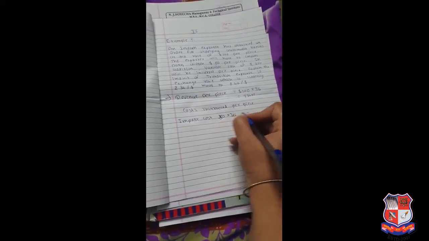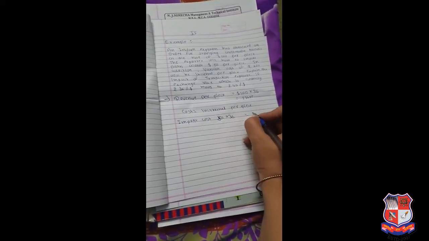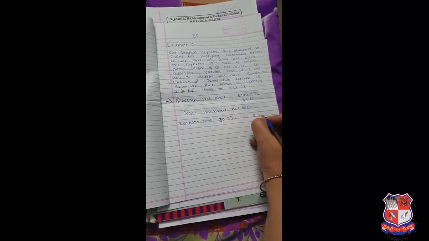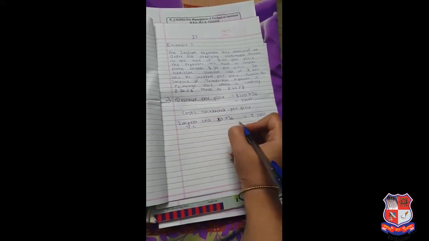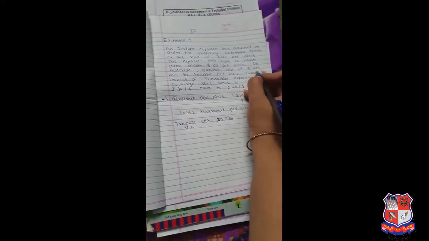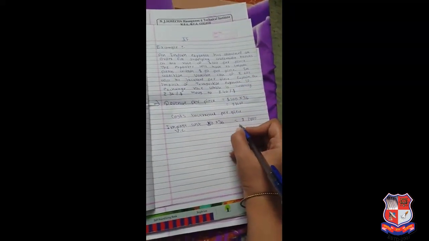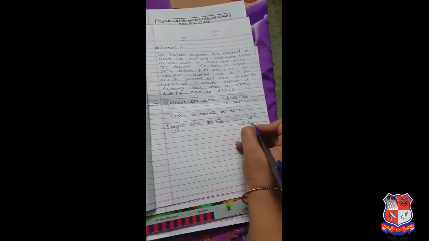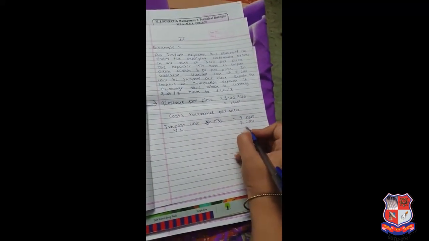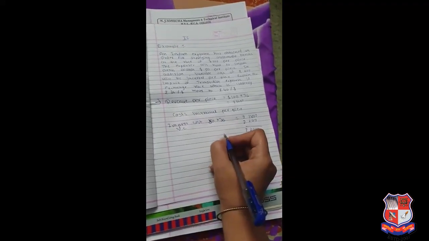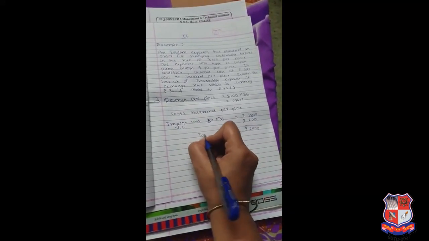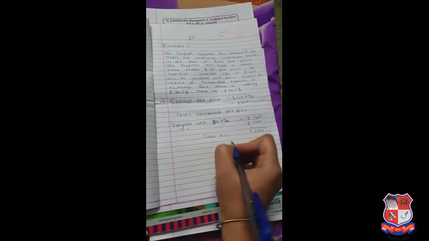So 50 into 36 will be rupees 1800. Then variable costs are given in the sum, that is 200, so that is also included here. So the total will be 1800 plus 200, that is 2000. That is my total variable cost.